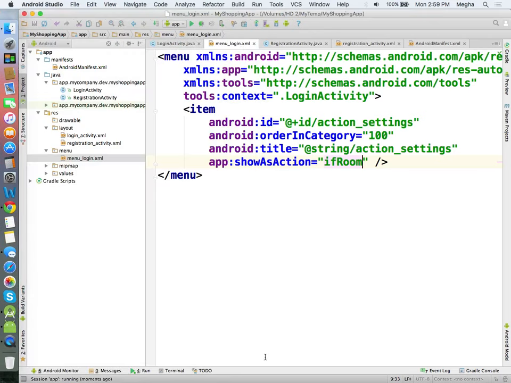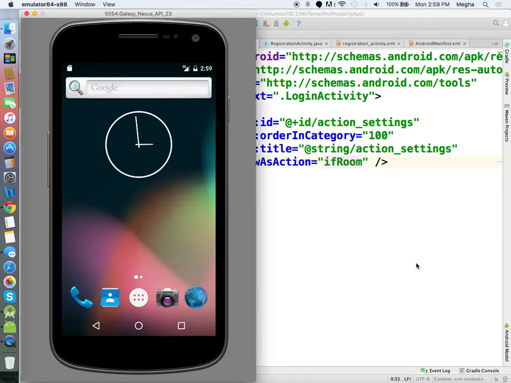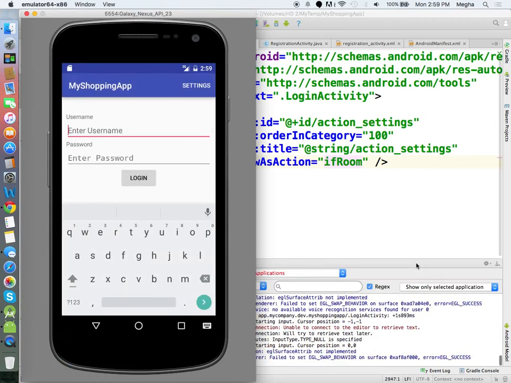There won't be any preview to see it because it's an inflated layout. We cannot see how it looks. Only after running the code can you identify how it is going to appear. You see that now the settings is appearing as an action. It's always visible.